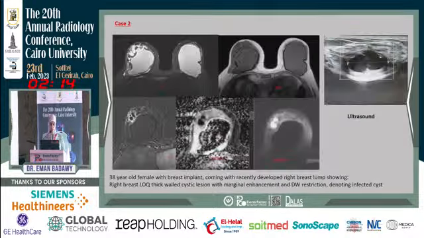Case number 2, a 38-year-old female complaining of a recently developed right breast lump following breast implant. Here we can see a cystic lesion which has high STIR and low T1 signal, and it shows, in the T1 post-contrast fat suppression images, marginal enhancement and a central restricted diffusion,